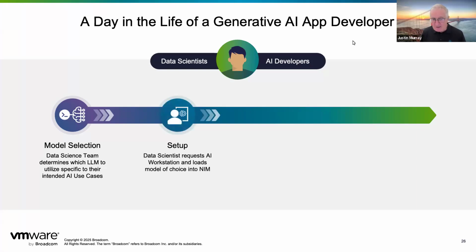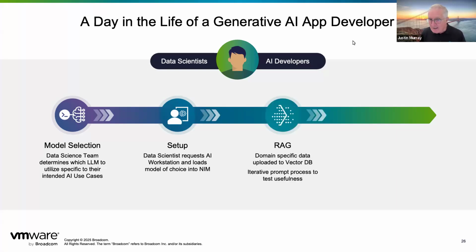Then data scientists spend an awful lot of their time cleaning up data and setting up the environment that they can work in. And then they build the RAG design that I've just explained to you, based on a database and a model working together. This is an iterative process where you're supplying questions to test how useful this model and this database are in answering questions.